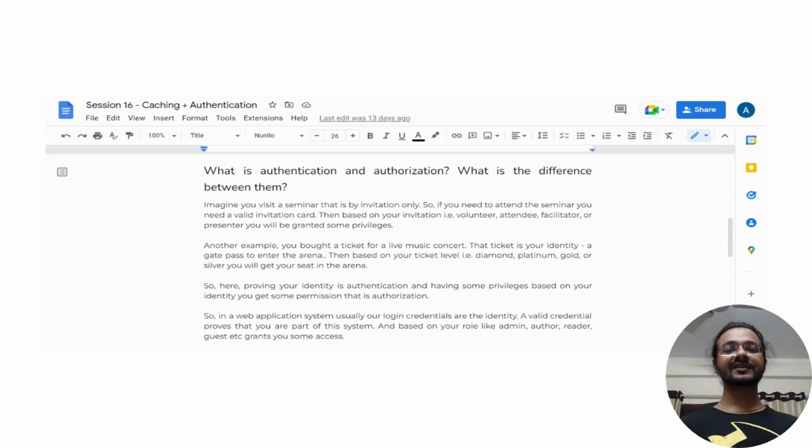And then the second process is authorization. तो अब मैं अमेज़न की बात करूँ फिर से, तो अमेज़न पे सिर्फ बायर्स नहीं होते हैं, अमेज़न पे सेलर्स भी होते हैं। तो जितने भी प्रोडक्ट लिस्टेड हैं वो कोई ना कोई सेलर ने लिस्ट किए हुए हैं, और सेलर ने भी अपना अकाउंट बनाया होगा जिस तरह से बायर ने बनाया है। तो जिस तरह से बायर अकाउंट बनाता है तो बायर को कुछ प्रिविलेजेस मिलते हैं, कुछ राइट्स मिलते हैं जो वो परफॉर्म कर सकता है अमेज़न पे। जैसे वो अपना कार्ट बना सकता है, कार्ट में आइटम्स ऐड कर सकता है, वो कार्ट के आइटम्स को बाय कर सकता है, पेमेंट कर सकता है, वो अपने ऑर्डर्स देख सकता है।